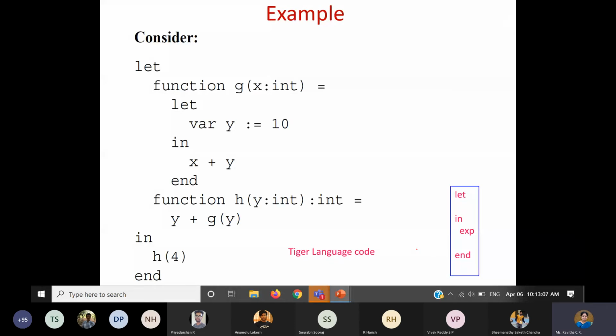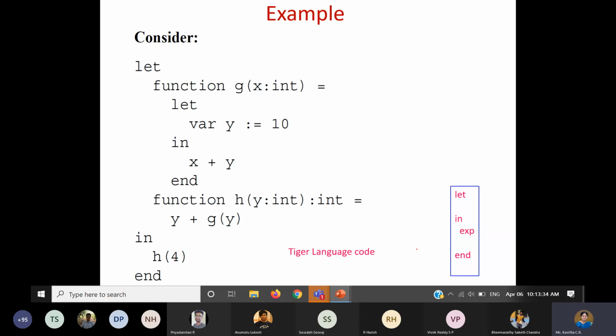Okay, this example, do I have time? Okay, so I told you, some languages are very similar to our Pascal language. Here is one function in a language called Tiger. Whenever you take up the intermediate representation, it is independent of any source language or target machine. But we have to represent it in some form.